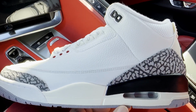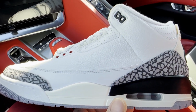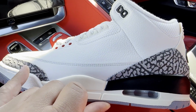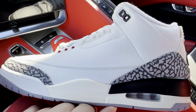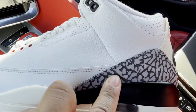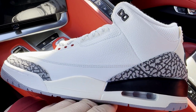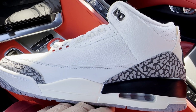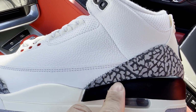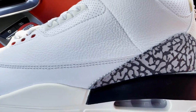So when it comes to dealing with the Air Jordan 3, what I see a lot of that the UA market gets wrong on these shoes, it's mostly with the shape of the elephant print and the actual design of it. Earlier pictures of this Air Jordan 3 Reimagined, it showed the elephant print being a lot thinner and a lot lighter. And I think Nike actually heard a lot of the commotion about that, and they actually updated the elephant print to a much bolder, thicker elephant print than what was the